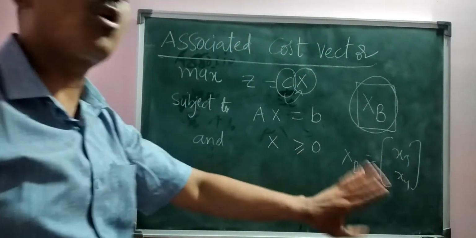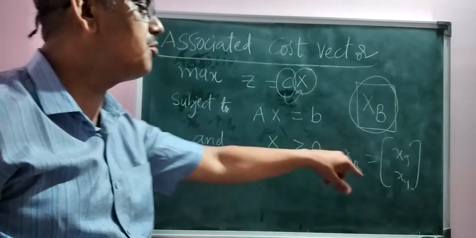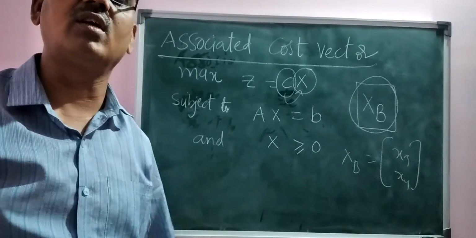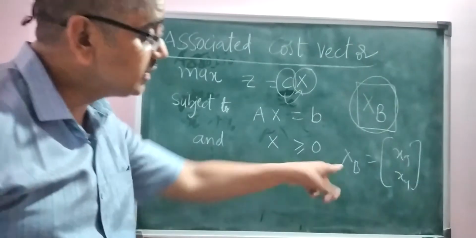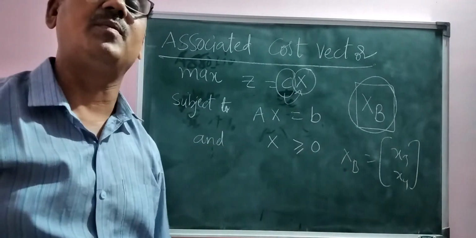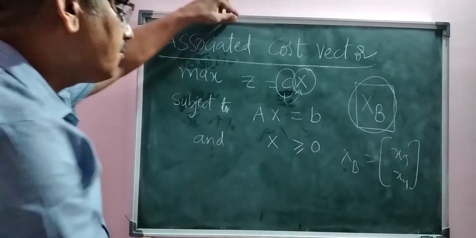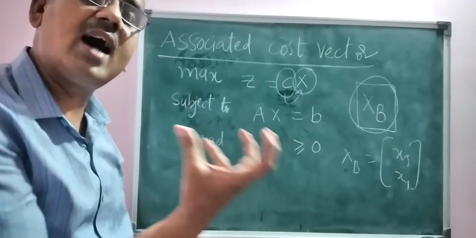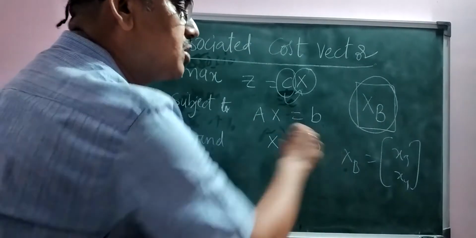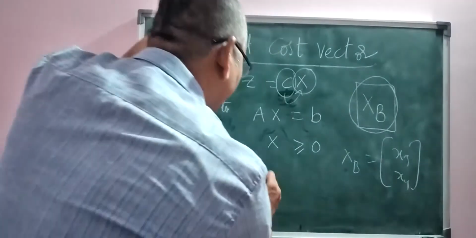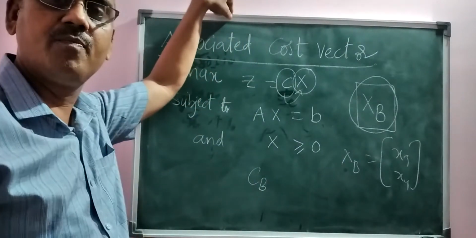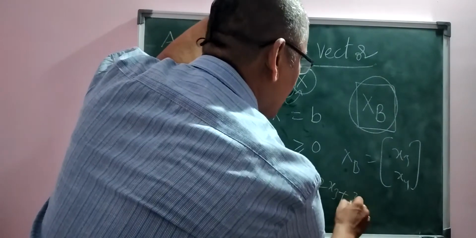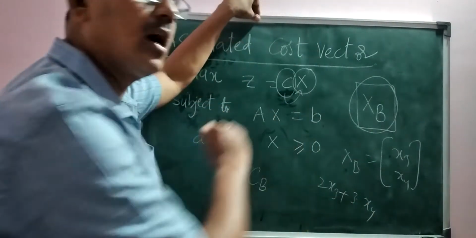Then x3, x4 are basic variables. The basic feasible solution is x3, x4, whatever the values, x3 is equal to 4, x4 is equal to 6, etc. So this is known as basic feasible solution. Now, for example, CB is that for which you have the costs which are associated with this basic feasible solution. For example, CB, I am writing the costs of those variables, that is for x3 and x4. For example, 2x3 plus 3x4 in the cost function we have.